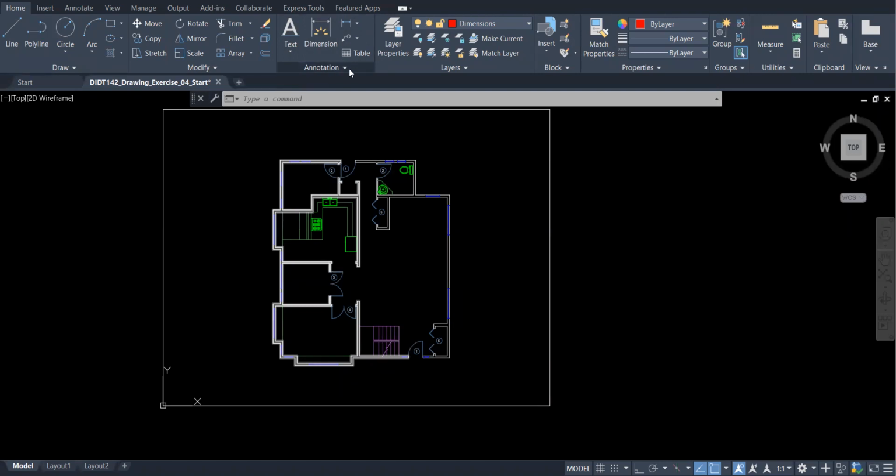that for each type of text or each type of dimensions, we need to set the text height. We also need to set if the text is annotative, meaning that the text is going to be consistent in any size when we print the document, consistent in height and in size, and of course in font. So let's see how to do that. First of all, before attempting to create the text, we need to create a text style where we actually tell AutoCAD about all the features that we need that style